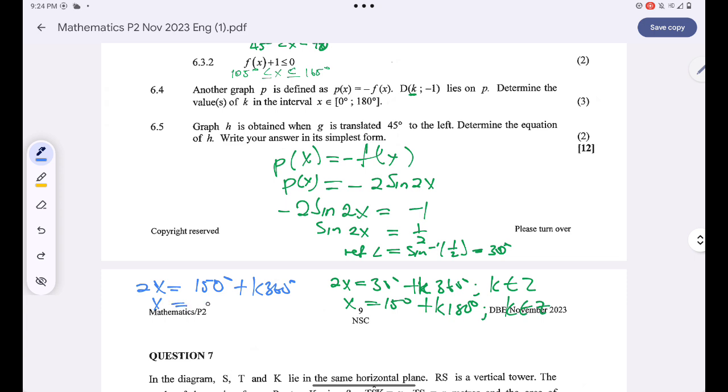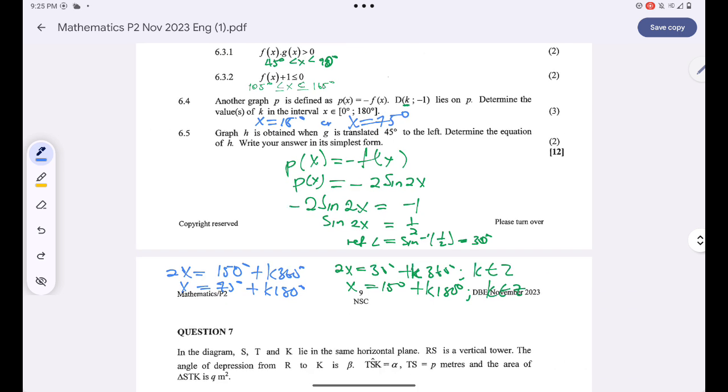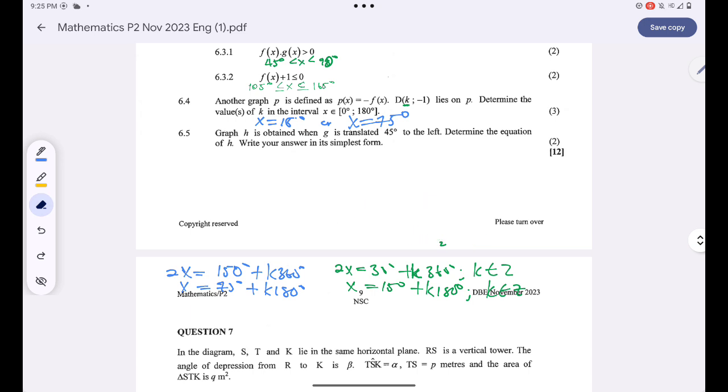I'll divide both sides by 2. I'll get 75 degrees plus K 180. So the x values in that interval: x is 15 degrees or x is 75 degrees. Are we together? Okay, now we are told that g of x is obtained by translating